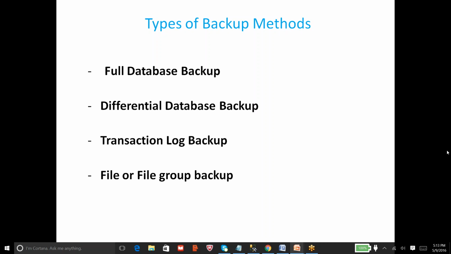And the third type of backup is the transaction log backup. So what does the transaction log backup contain? The transaction log backup contains the changes that happened since your last successful backup, either full or log itself. Just to try to make a difference between the differential backup and the transaction log backup: a differential backup holds the changes that happened since your last full backup. But coming to the transaction log backup,